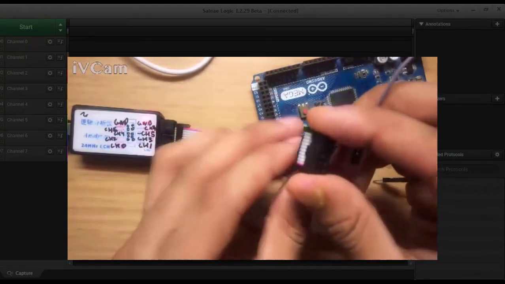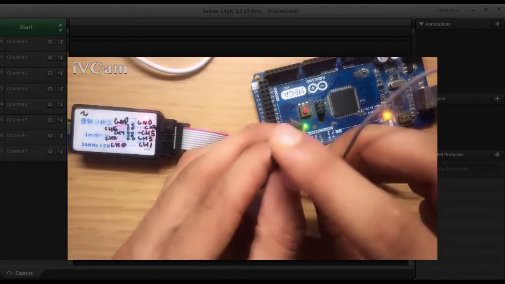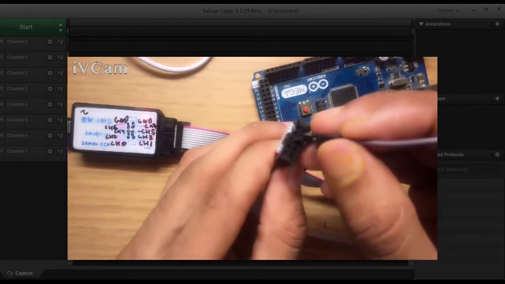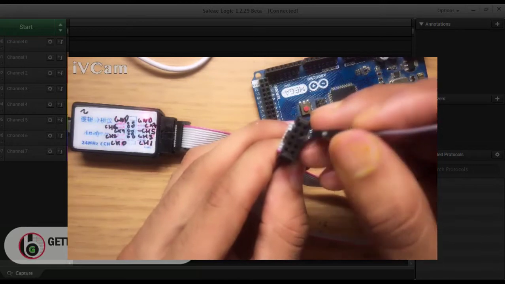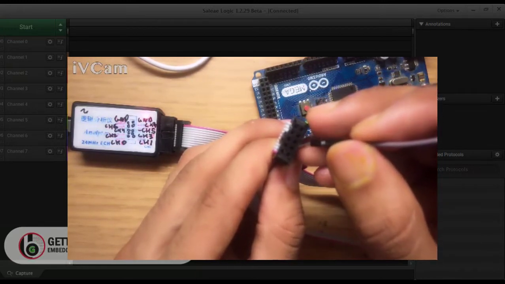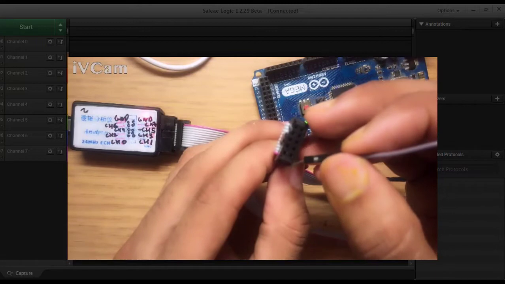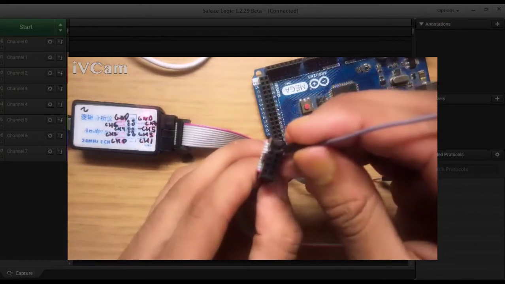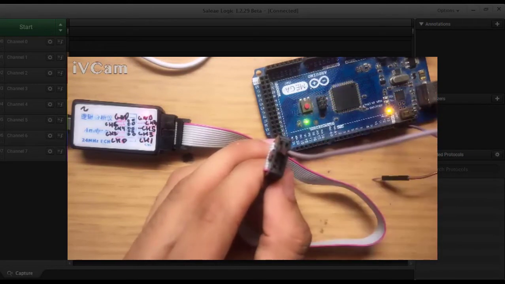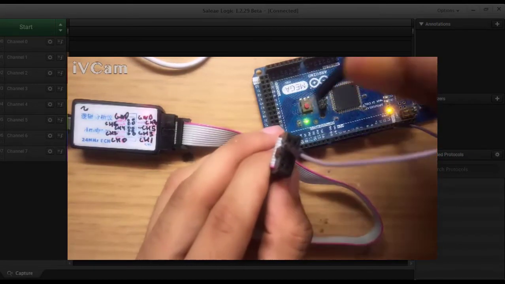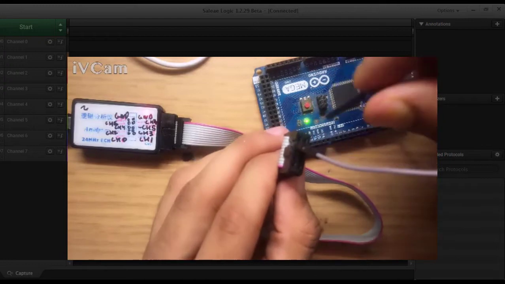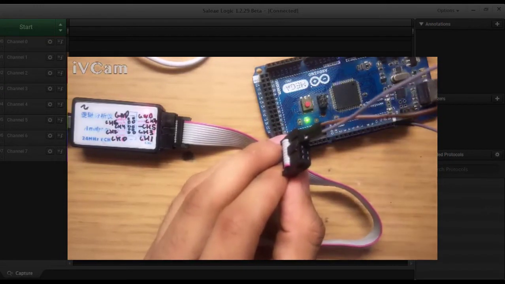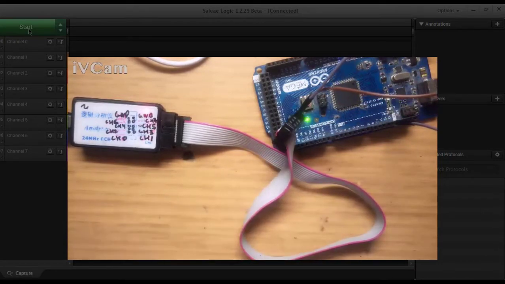Starting from this embedded area, we know that this line is ground, and below the ground are channels 6, 4, 2, 0, and then again ground, and then 7, 5, 3, 1. So now I am connecting pin 13 to channel 6. Channel 6 is this one, and then I connect the ground of that vertical line here. So now my connections are complete.